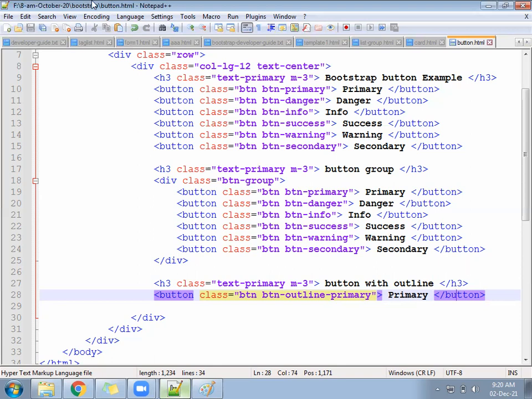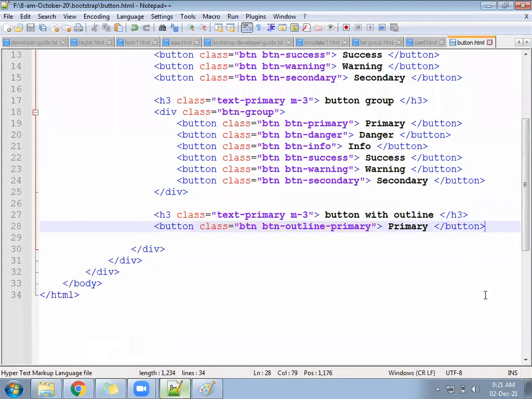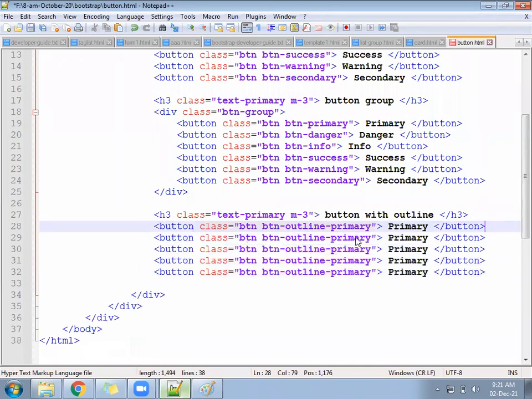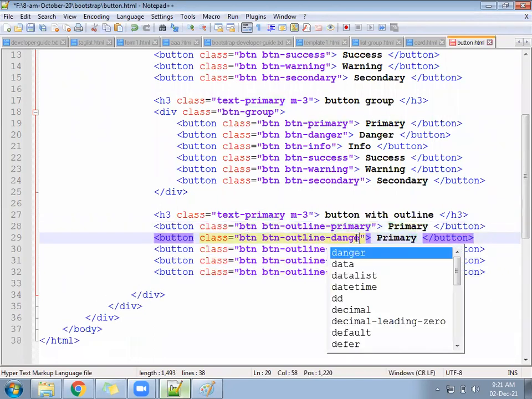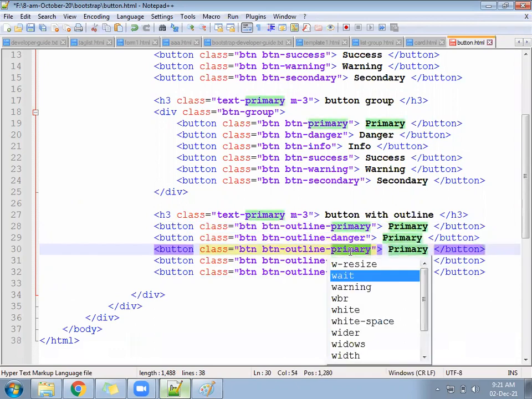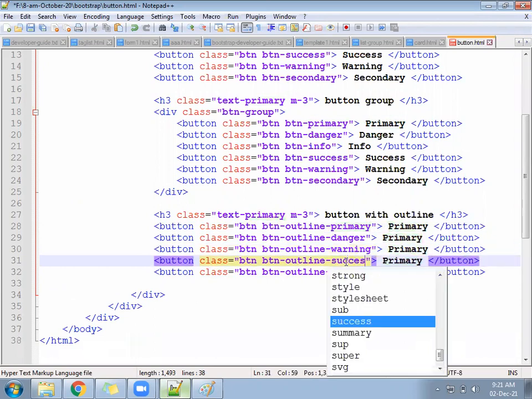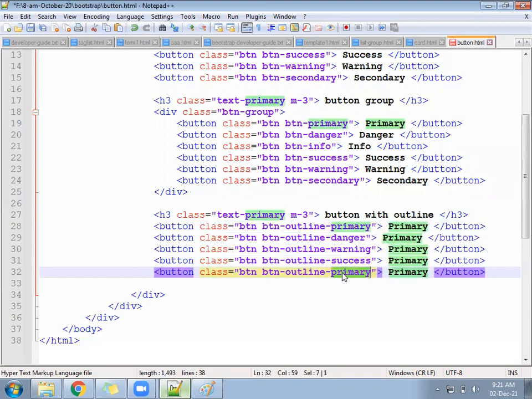Now the outer line is coming. See, the button is coming, but there is an outline, in the sense of a kind of border. Same thing we can repeat here three or four times and change the classes. Danger. Change the class to warning, success, info.